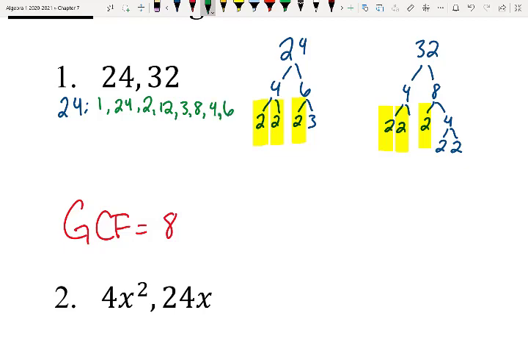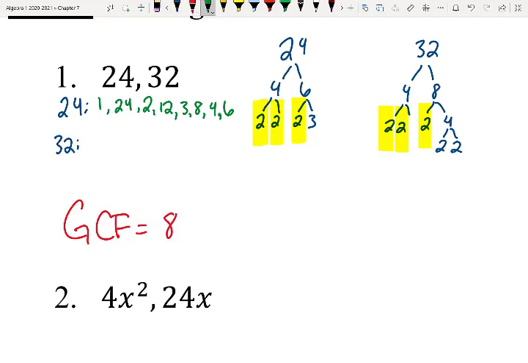So all of those different numbers there, not in order, and it's kind of a mess. Some people like to do it in order. Some people will just list them all out. Those are all the different factors of 24, at least the whole number factors of 24. Those are all the different things that multiply to get 24. So if I did that same thing with 32,